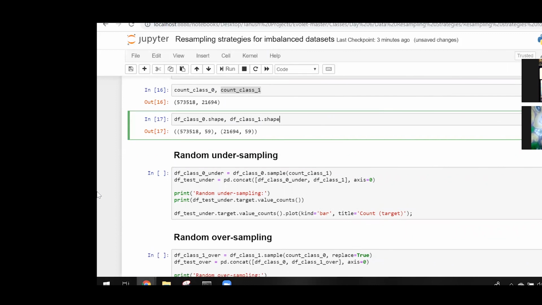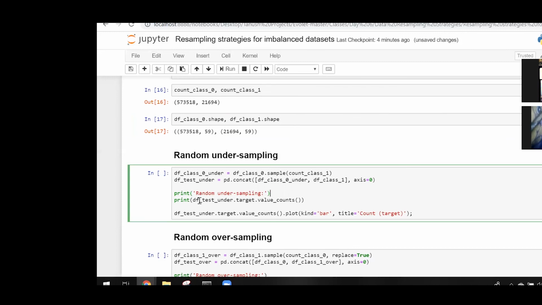So undersampling, the name says we are going to reduce the number of samples from the majority class in order to make it equal to the number of samples in the minority class. So here what we're going to do is generate samples using df class 0 under. We're going to undersample this to the number of samples in class 1. This is a pandas data frame technique, so it is better if you go into the hands-on part by yourself. Then we're going to concat class 0 under and class 1 to make it equal. After performing this operation, I will show you how it looks.